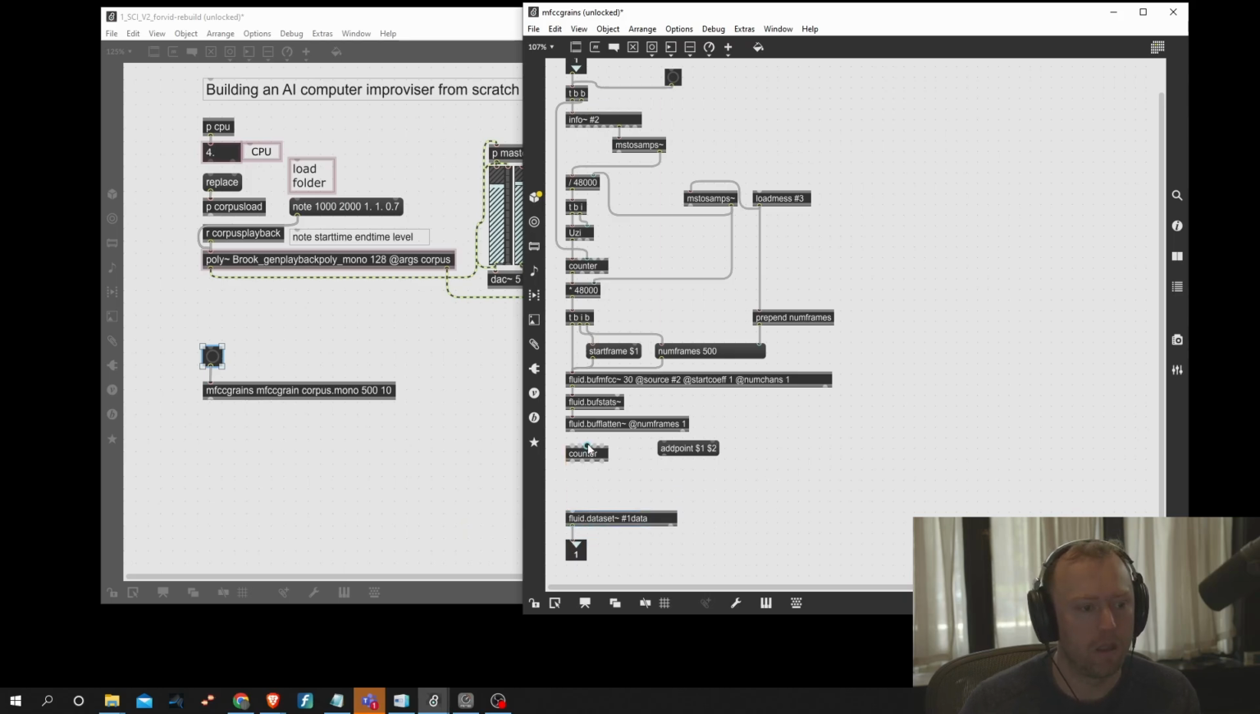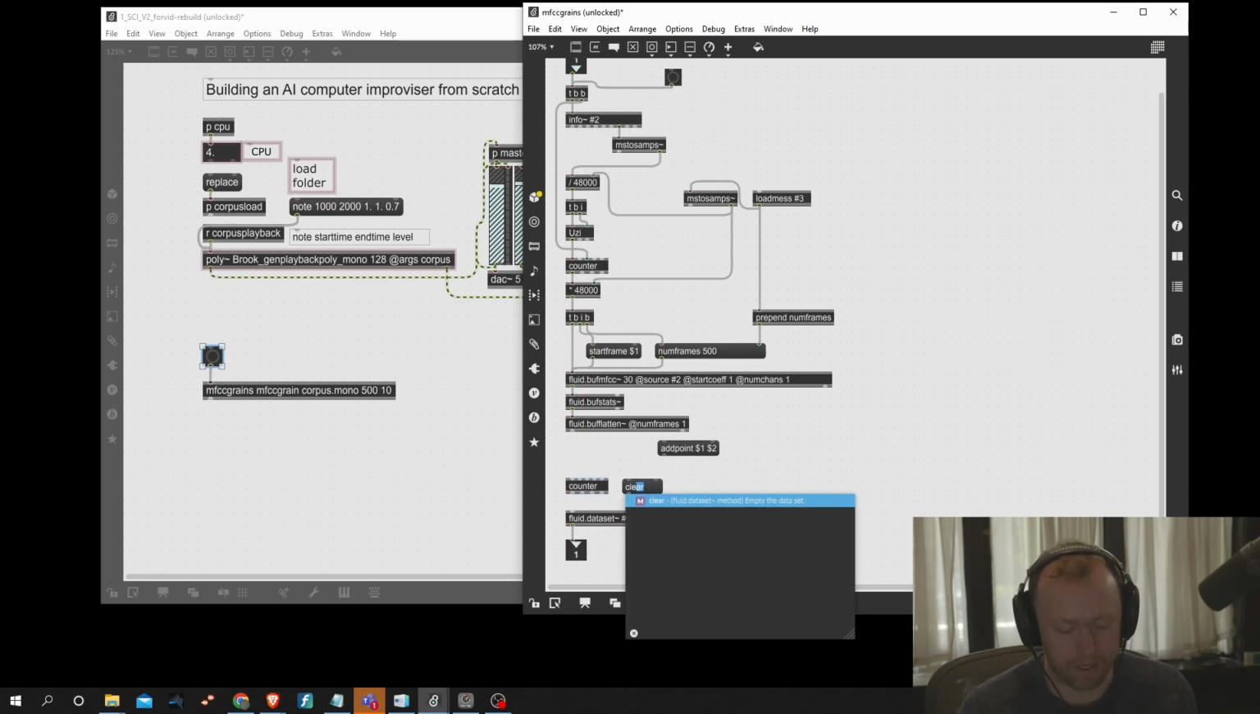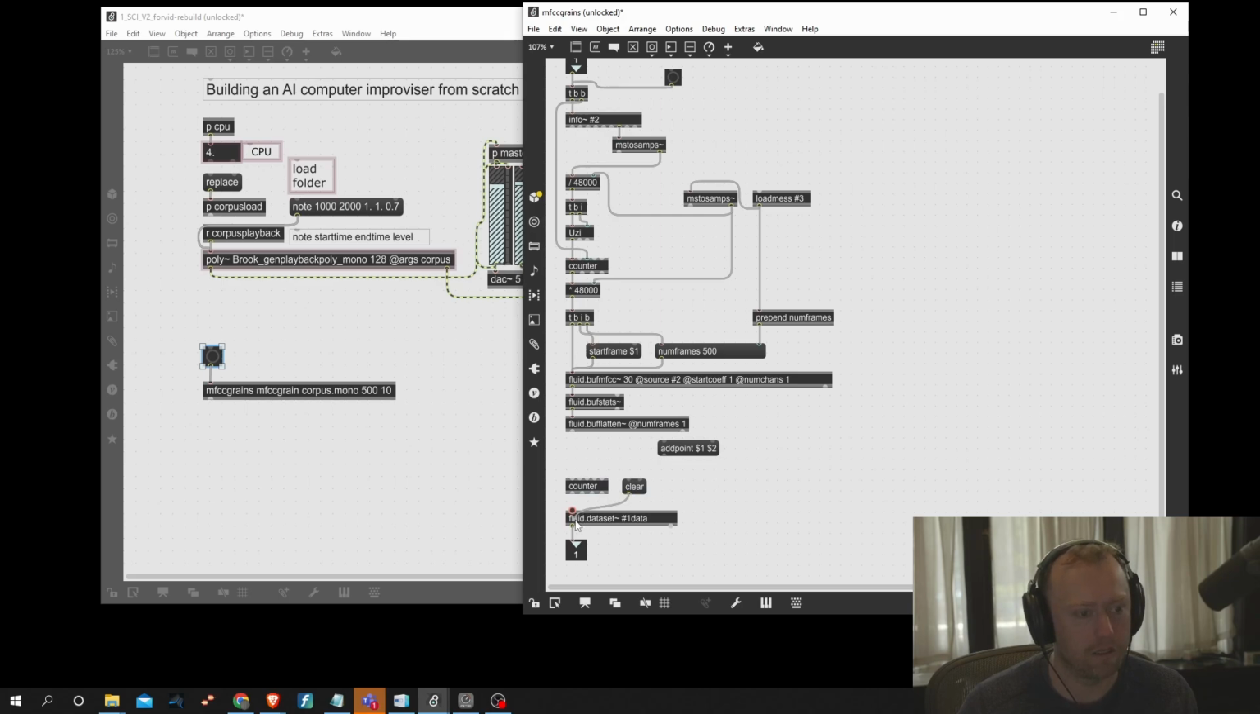Okay, so again, we want to make sure that we're not just writing more and more data. So we want to clear it every time we do a new analysis just before. And we also want the counter to reset just before every time as well. And here we'll want to